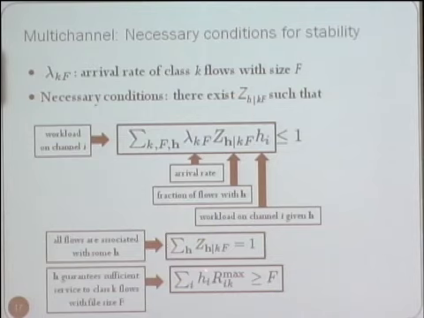Suppose you have allocated channel i to a particular flow. I'm going to make the argument here, again, that later we'll transmit a user on a channel only when its state is the best possible on that channel. So the total rate allocated to a particular user must be greater than or equal to the file size, otherwise the user cannot be served. So these are the necessary conditions for stability. Is this clear?